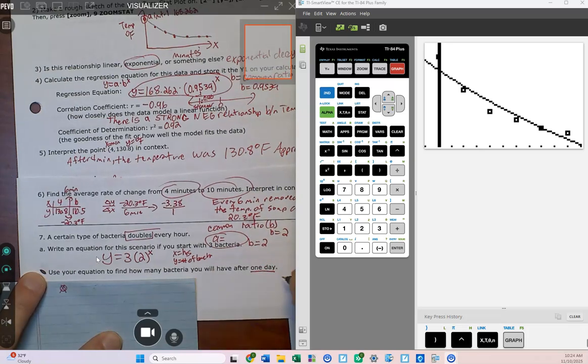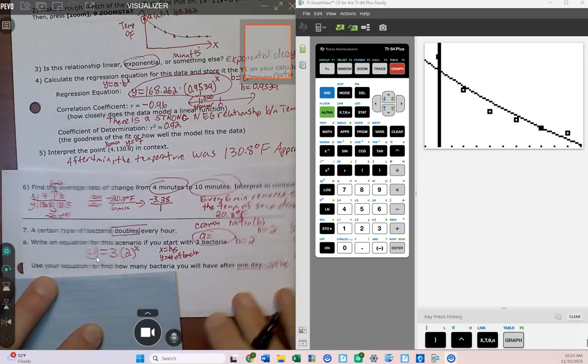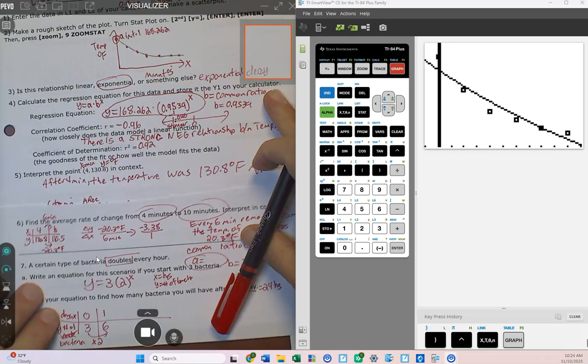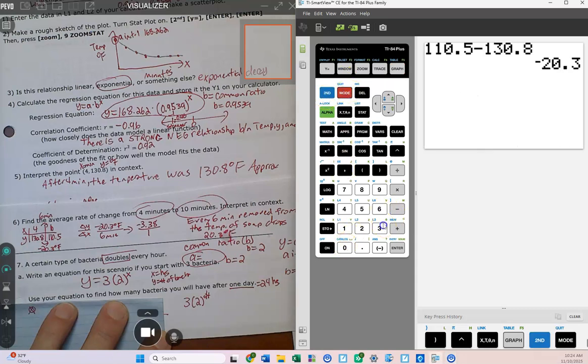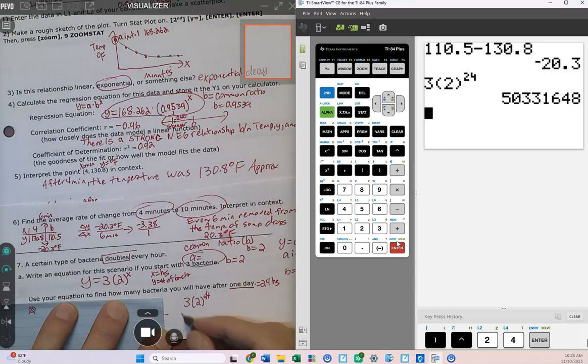So 1 day, that's 24 hours. So what we end up doing is we're going to do 3 times 2 to the 24th, because there's 24 hours in a day. So hit second, quit. 3 parentheses 2 to the 24th. So that means if we kept multiplying 3 by 2 24 times,